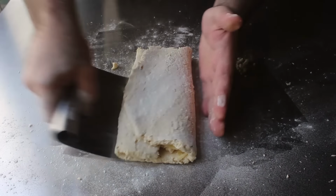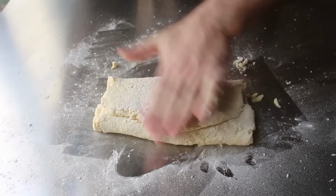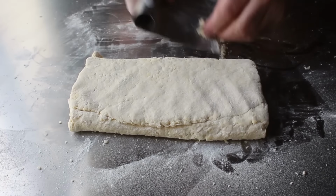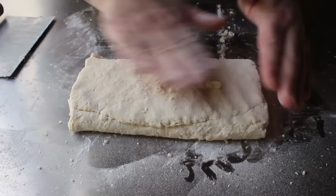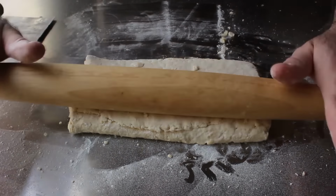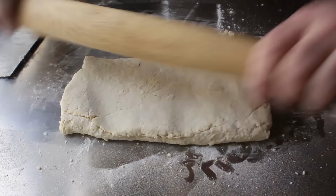So again, we'll dust with flour if necessary. And I should mention, when it comes to biscuit dough, you can always add the scraps back in. Okay, just press them right in, and those are going to totally disappear into the rest of the goodness. But anyway, like I said, we're going to roll that back out and apply the rest of our cheese and